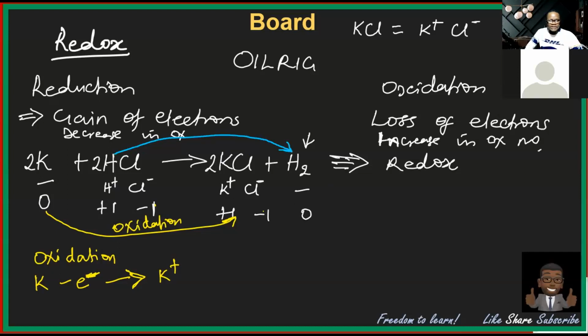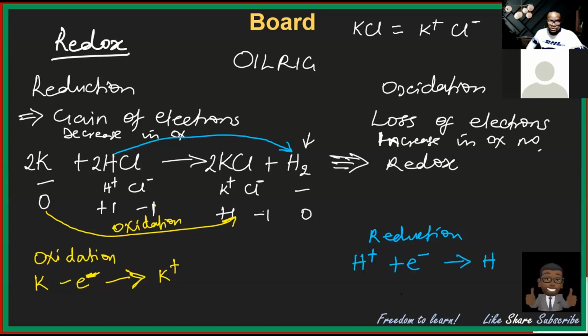So what would you call that? Reduction. Reduction is a decrease in oxidation number, which means gain of electrons. So it means that hydrogen ion, H+, gained an electron to become